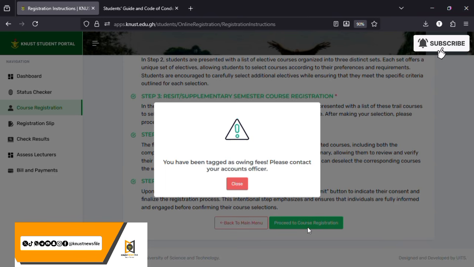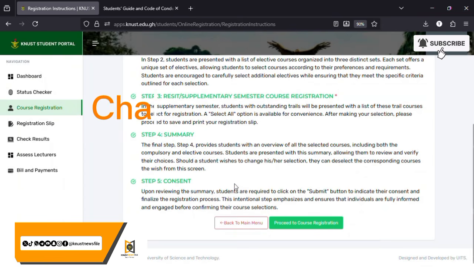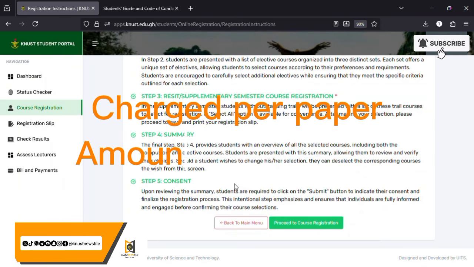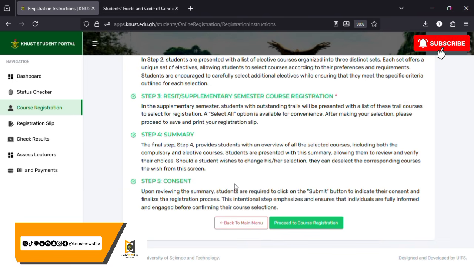So let me talk about something about the Resit. As I said, when you are registering, if you owe fees, you can register. That is number one. And also, it is charged per paper, 50 cedis per paper. Okay. And then when it comes to writing the Resit, if you are coming from far, that is, if you